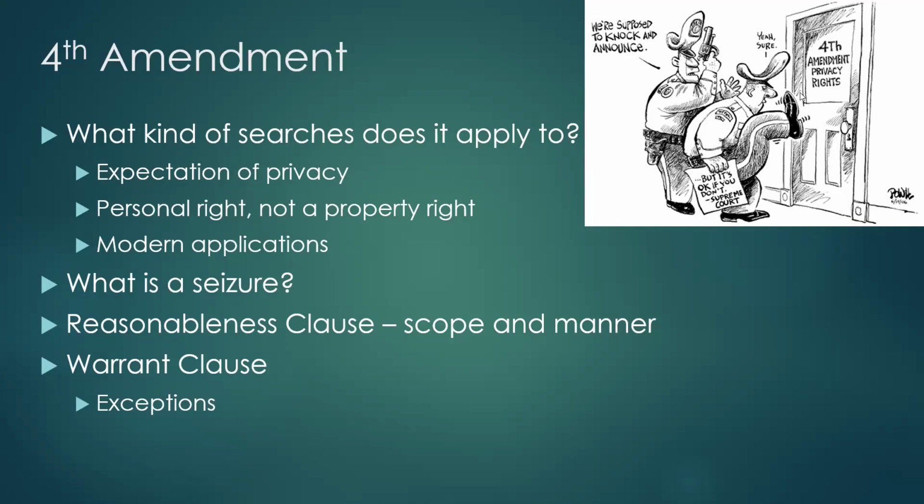So you've got the minimum threshold that the Constitution establishes. All these amendments give you the minimum threshold. Courts interpret the language of the amendments and give more of the specific details to it. So it's court interpretation of the Constitution that tells us when